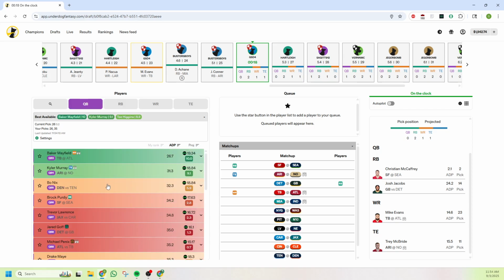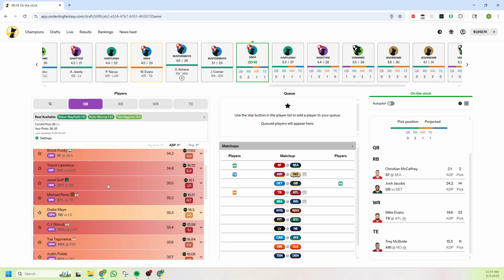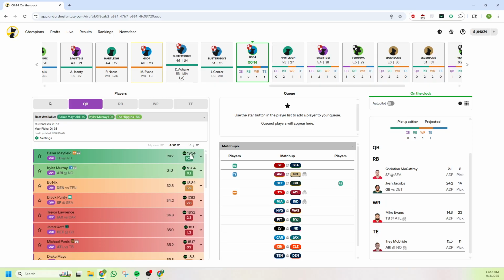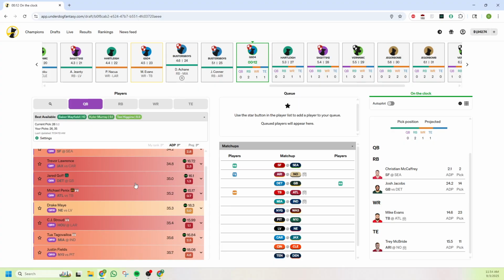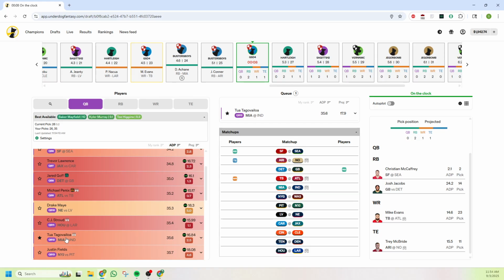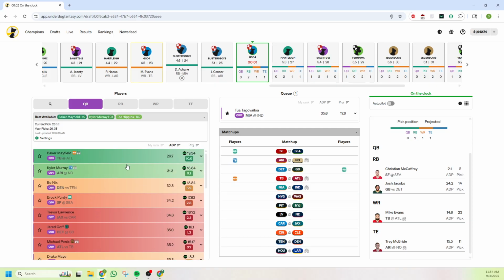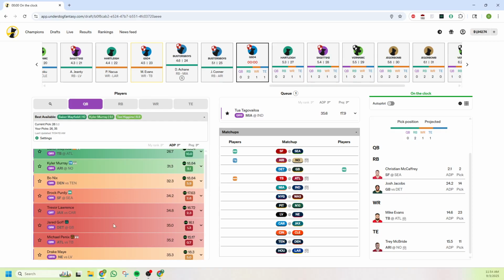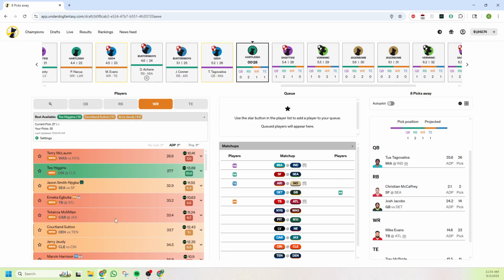So let me just select quarterbacks, for example. Just scrolling down the list here, top projected at about 19. I think I'll probably go and experiment with a Tua stack, for example. So I'll go ahead and grab Tua here. I'm giving up about 3 points, but I'm getting extremely unique. I mean, Tua's ADP is 35.6,